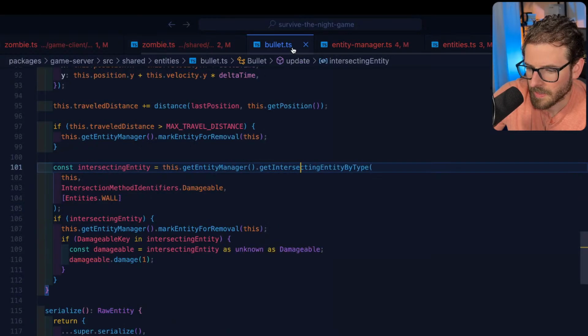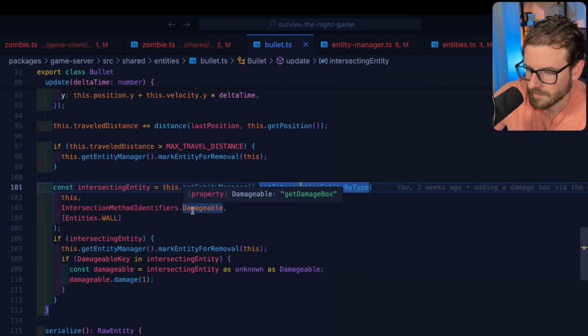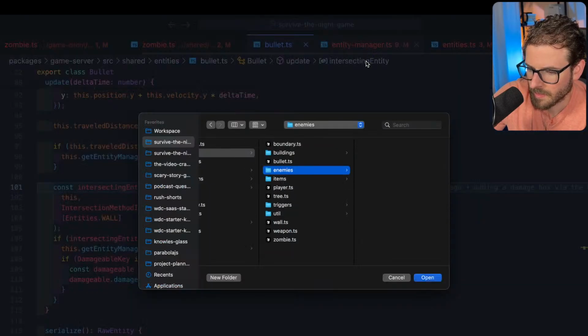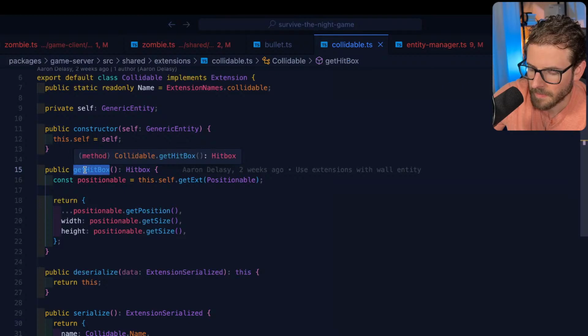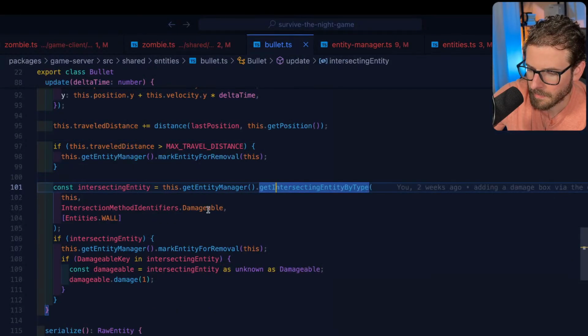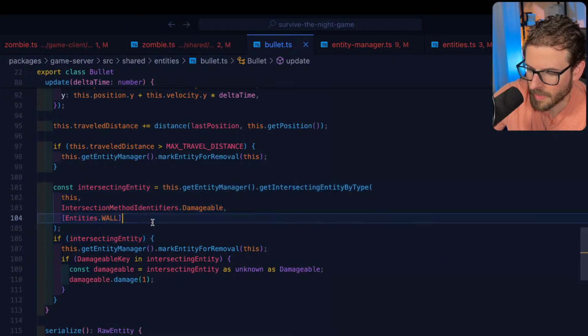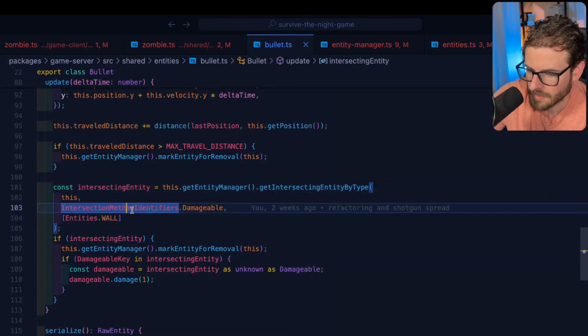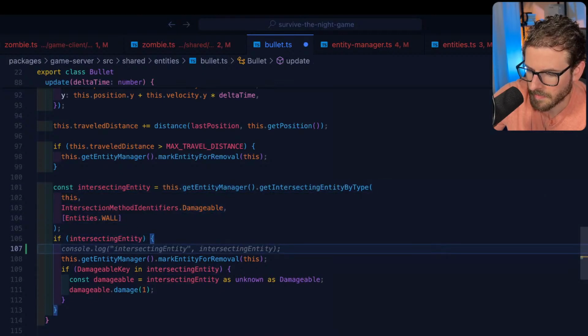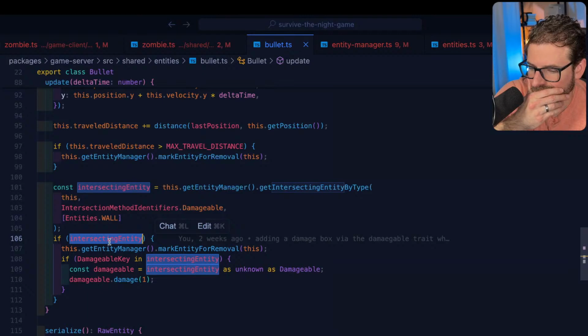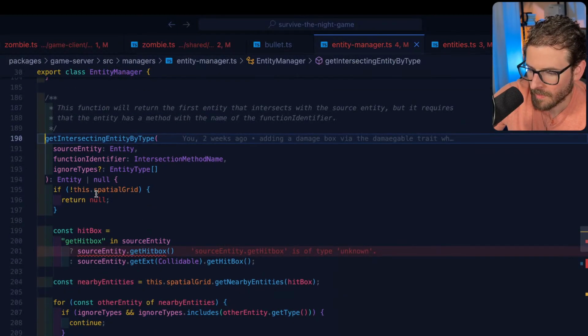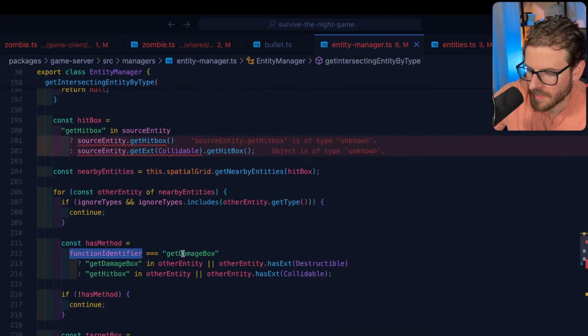Well, the bullet hit damage box. Collidable, get hitbox. Yeah, I think it's because I got rid of get damage box, unfortunately. And this thing doesn't know. Like, I bet you this is never... Function identifiers, if get damage box.